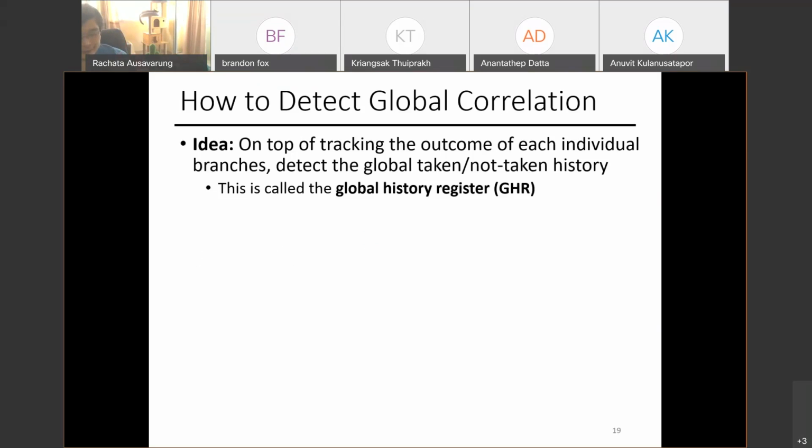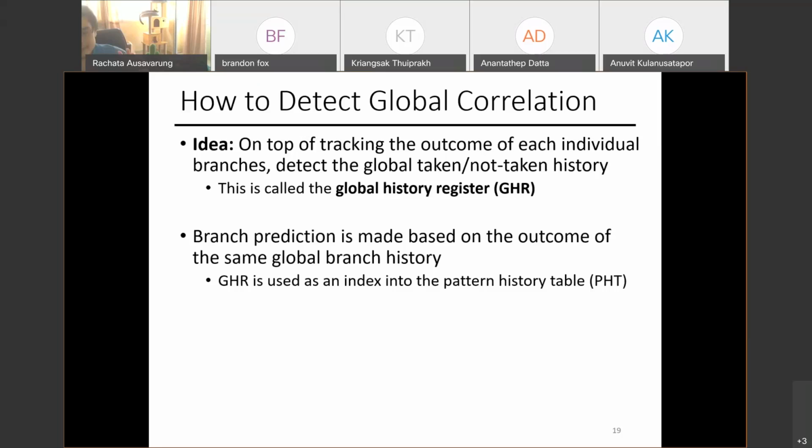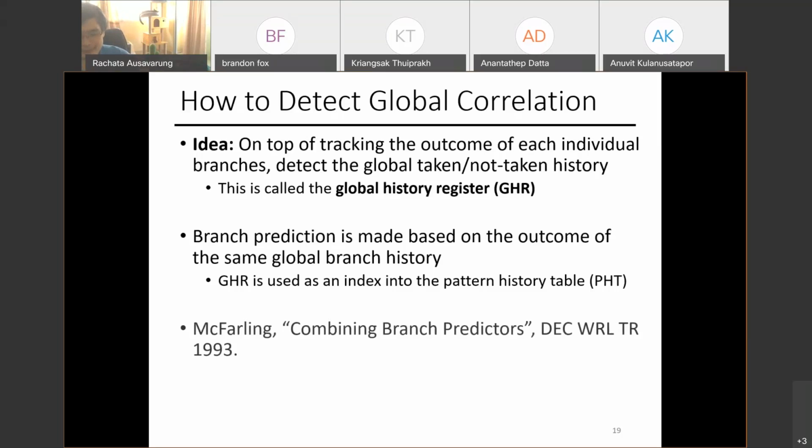The register just looks at the history of every branch. Look at the past, say, 32 branches or the past 16 branches and look at the outcome. And the prediction is made based on the outcome of the same history pattern, the GHR. GHR is used as the index into our pattern history table. We are going to go into the example, so don't worry too much. This is basically called